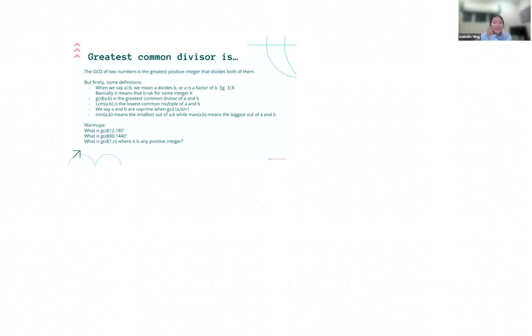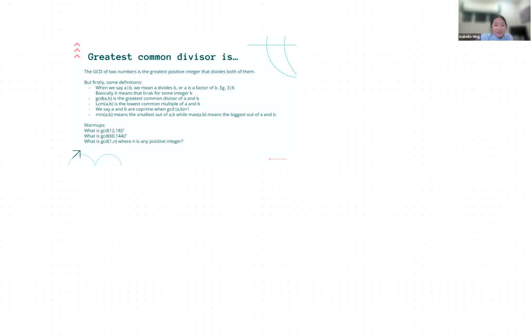Second number here. And today we'll be talking about greatest common divisor, lowest common multiple, and some tricks you can do to find them, including the Euclidean algorithm. Okay,